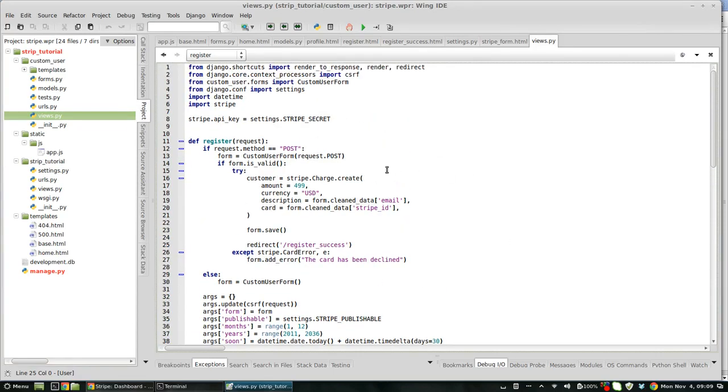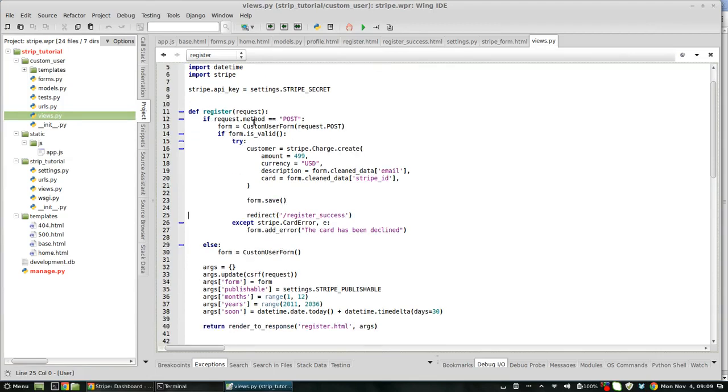Now, what does this do? Well, we're looking for the post of the registration form, and instead of just registering the customer, which you'll notice this line here and this line here is potentially the same as you would see in the normal registration setup, we've also additionally added a Stripe charge